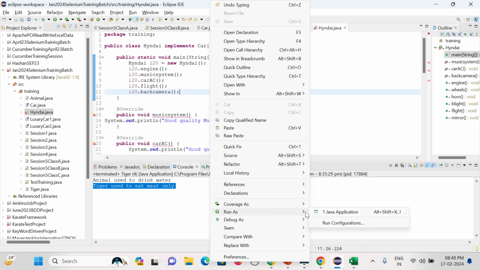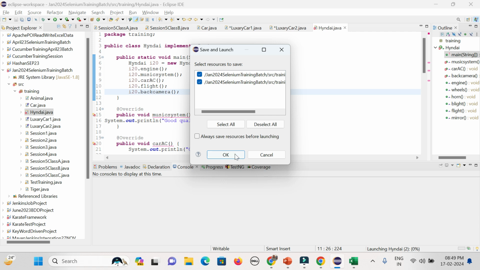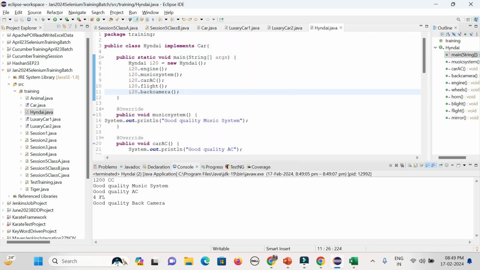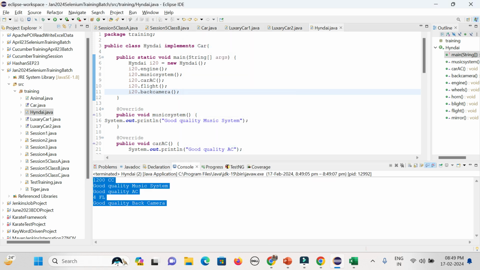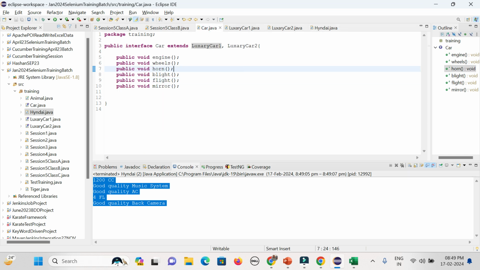So I will try to create an interface. How can I create it? I can go to the package, right-click, create new, and there is an option called interface. So I can create something called, maybe, Car. That will not be a problem. Okay. So what I can do is simply give public void engine,